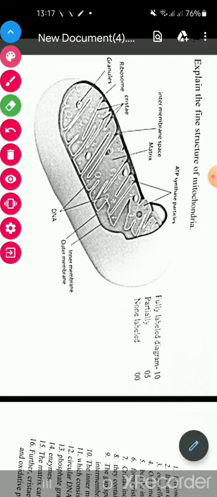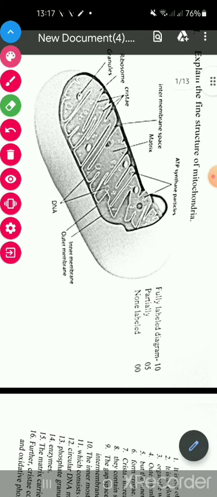So you have to draw a fully labeled diagram to get all the marks. They have given you 10 marks for this diagram. If you don't label anything at all, you don't get marks, even though you draw the diagram of the mitochondria. Essentially, you should name the inner membrane of the mitochondria. What else should you label? You should label the outer membrane,